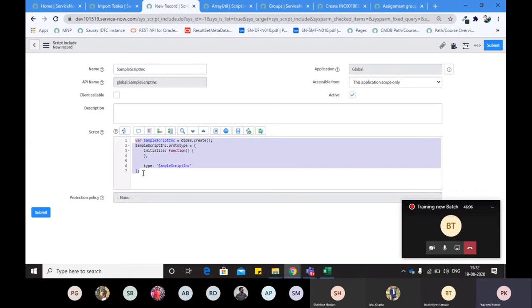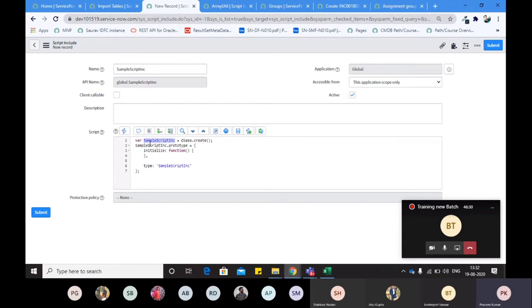Now, how to work with this code? What this code is doing is basically creating a clone or an object from the class, which is a JavaScript library already available in JavaScript, and in this script include we will add our function.